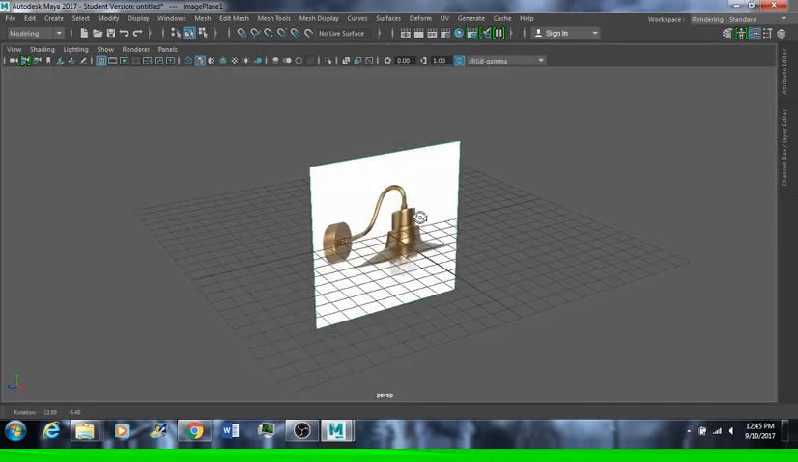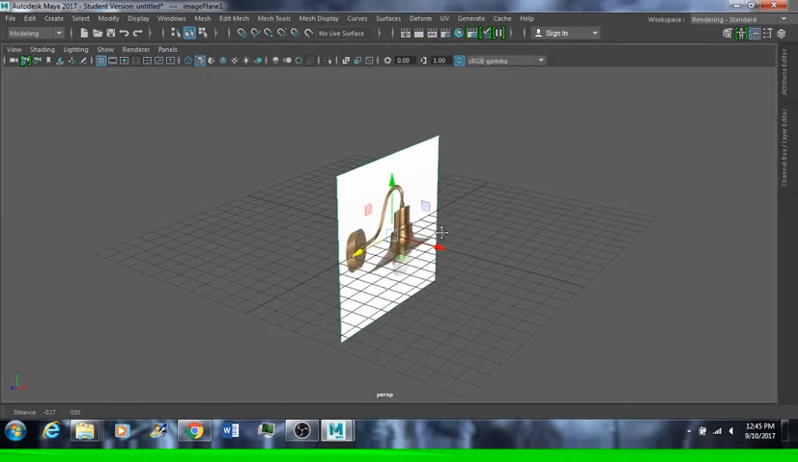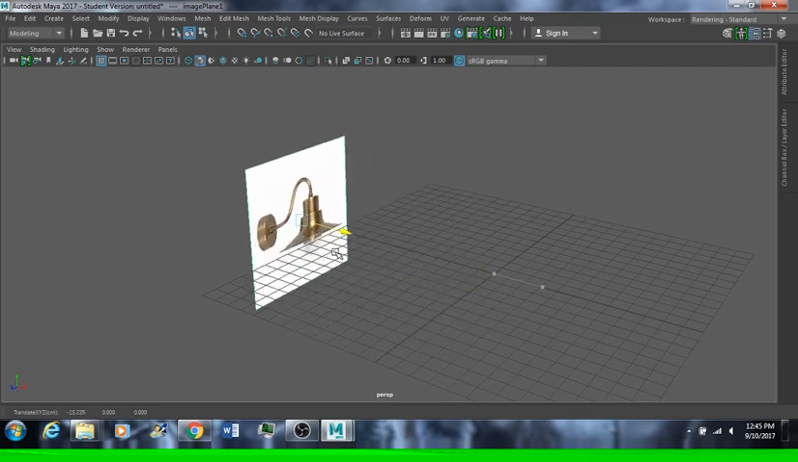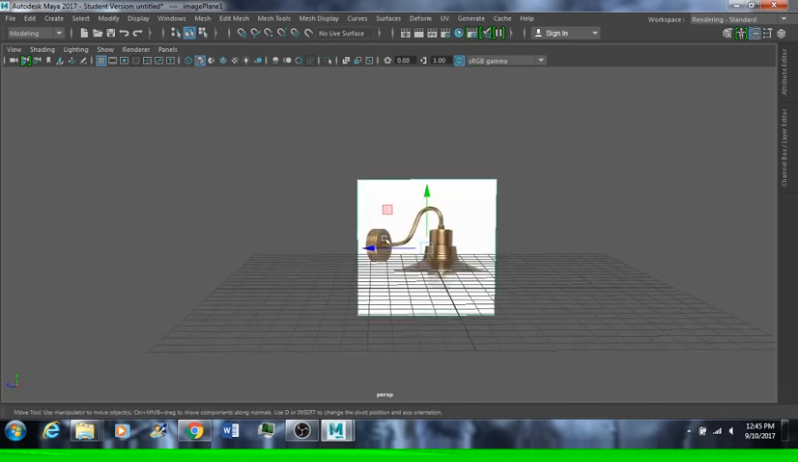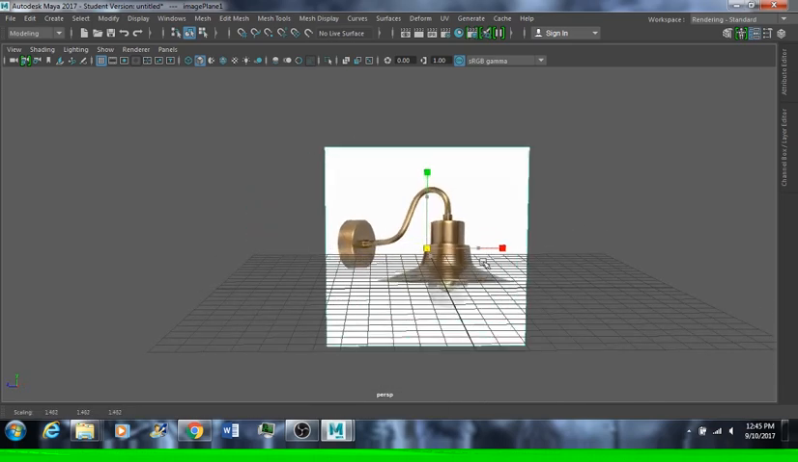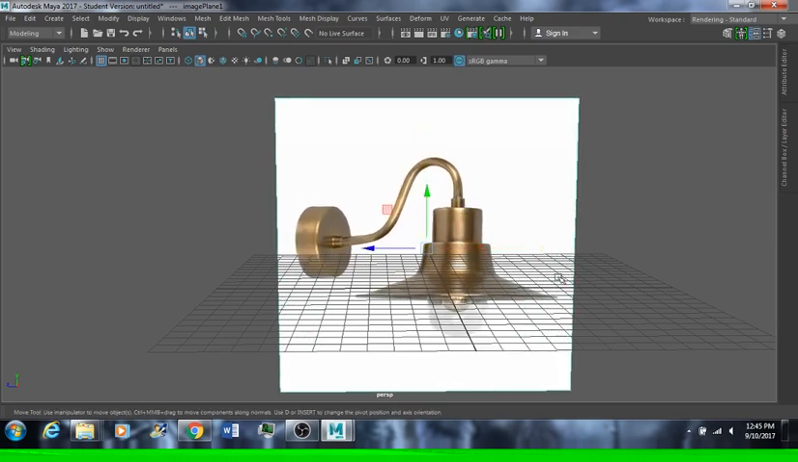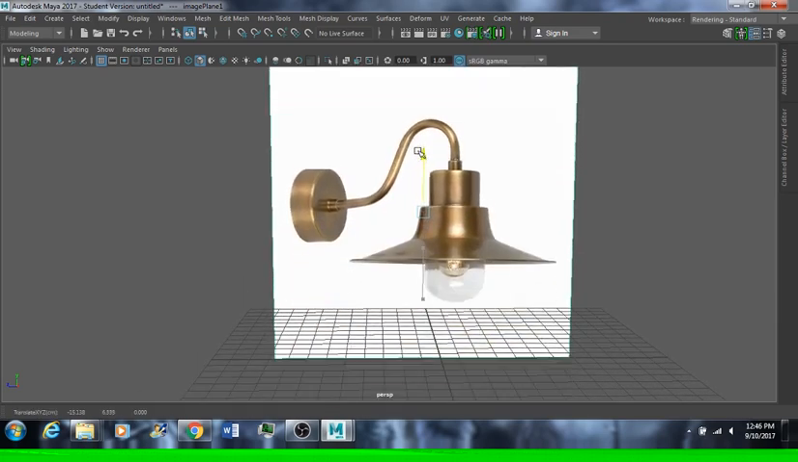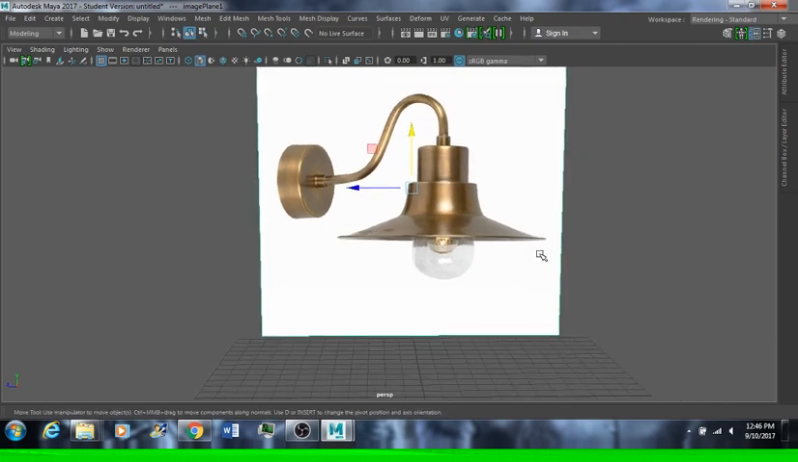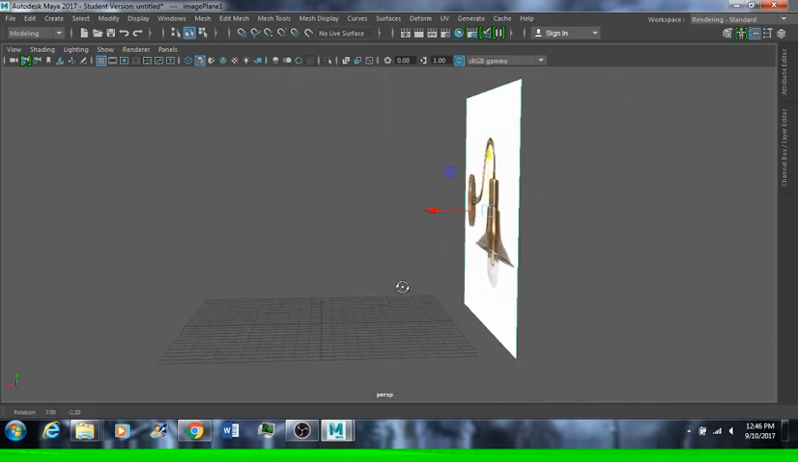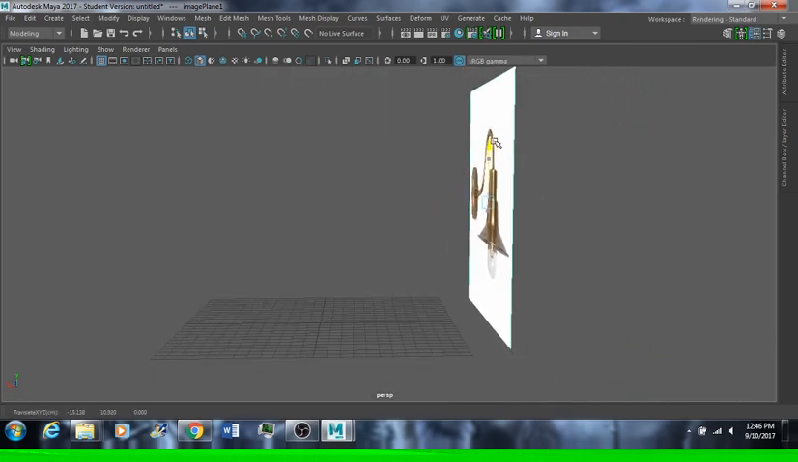I'm going to go into my perspective view. I'm going to move it and scale it so it'll be a little bit easier for us to model. Make sure it is above our horizon, our x-axis,